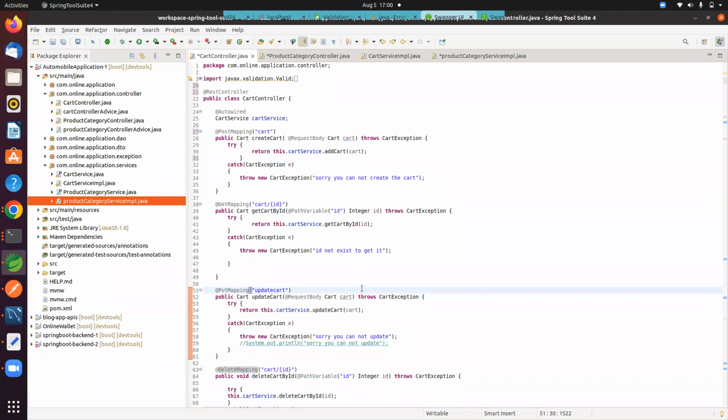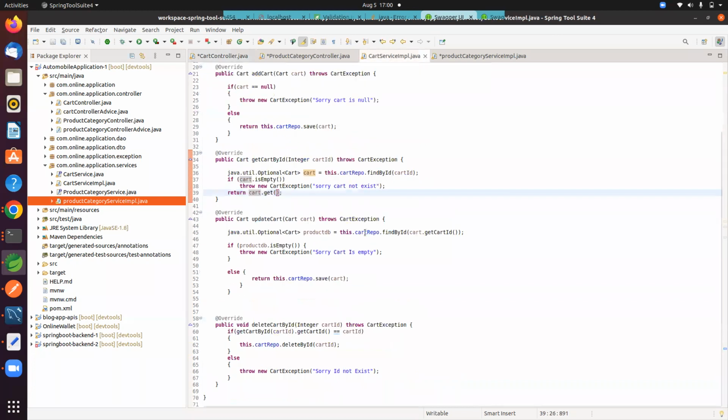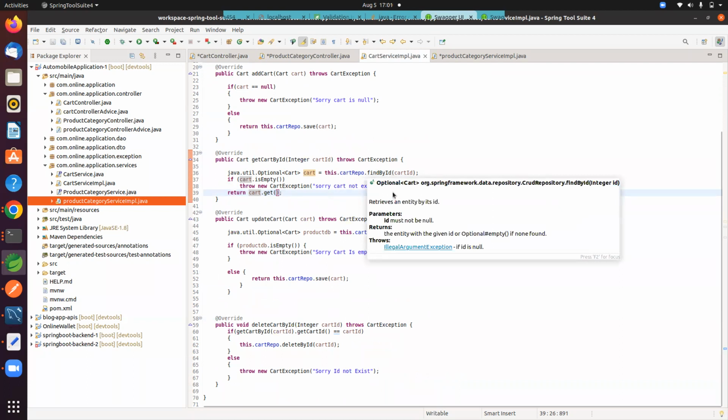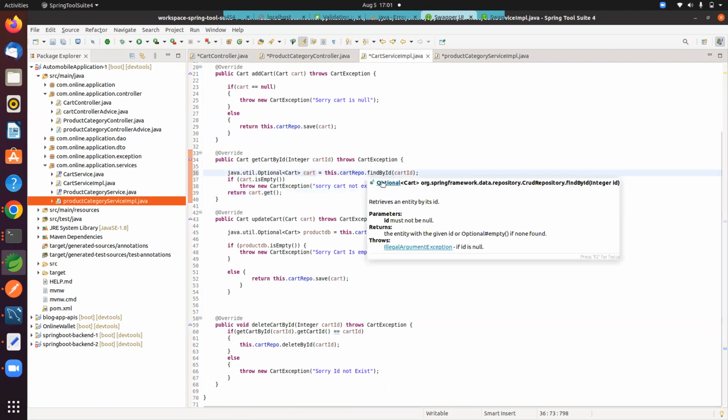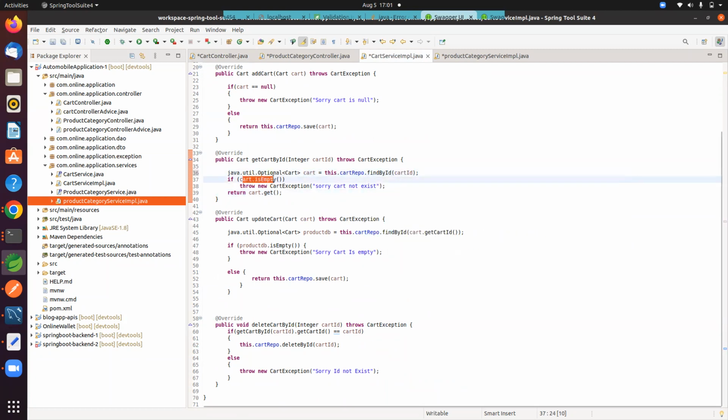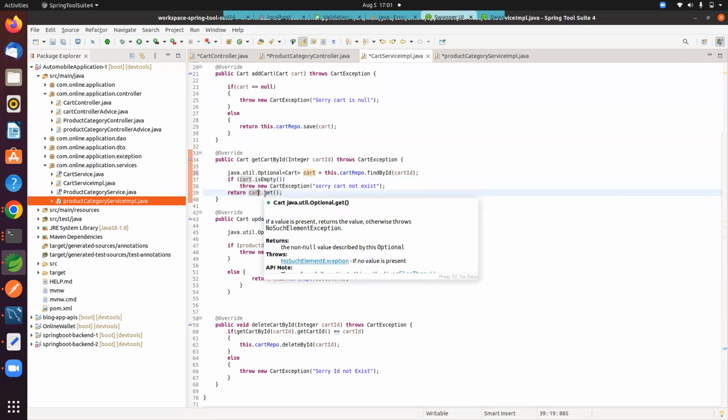No, my question was, okay, I'll come to the exception handling later. Okay, you continue and explain to me the service implementation. How are you implementing this get cart by ID? Yes, sir. In this, basically, we use cart and this dot find by ID method. This method is a JPA repository method. We extend the JPA repository in the particular repo class, and we use the isEmpty method to check whether that particular cart is null or not. If the particular cart is null, then it shows that the cart does not exist, and we get the cart by cart dot get. Basically this cart dot get will get the particular object of cart.